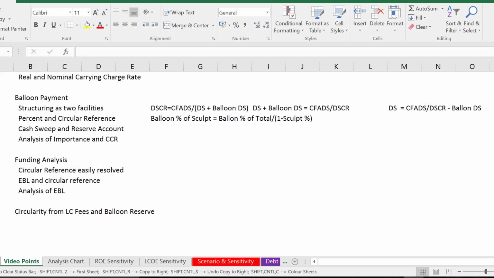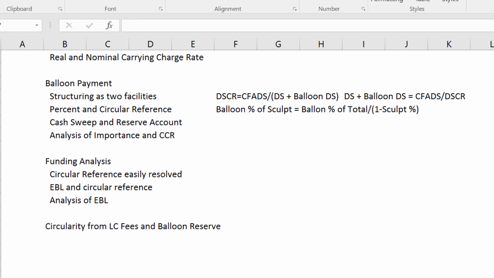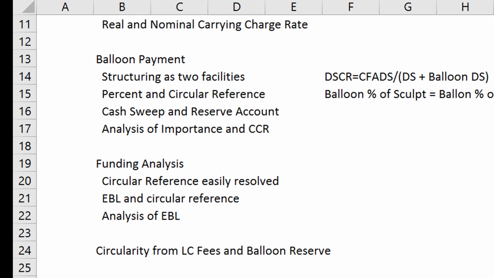The issue is this balloon payment that I'm getting to, and I'm going to get to it right away. I'm going to try to get to the point, and not ramble on. So the point here is, if you want to model a balloon payment, something I didn't really do